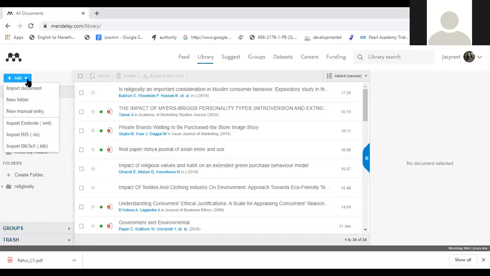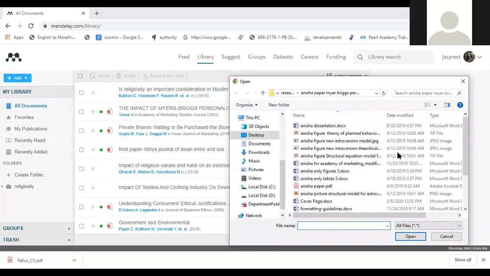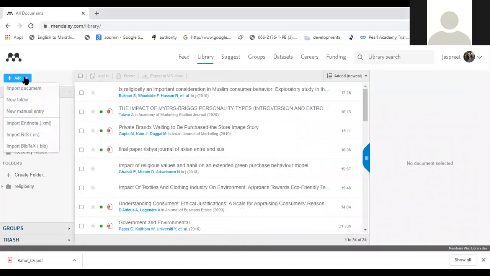Over here also, you can add documents, you can import documents. When you go to import here also, like desktop, it will ask you where to import from. Here also, you can add manually, you can import from EndNote, RIS, BibTeX. These are all other softwares where you might have stored your document.